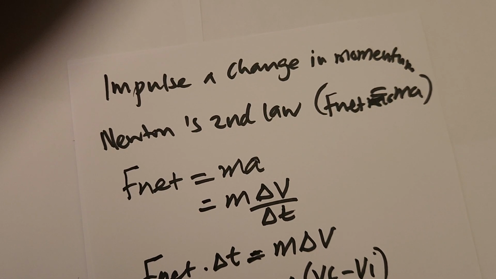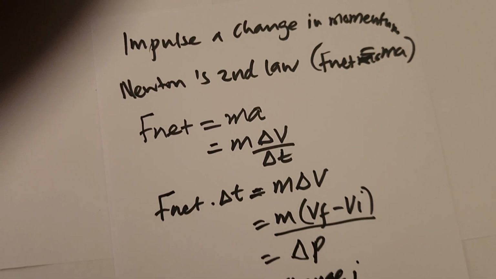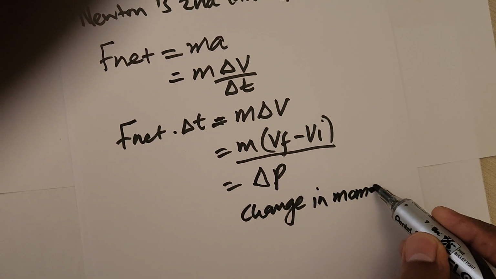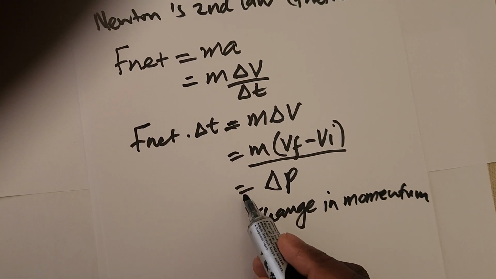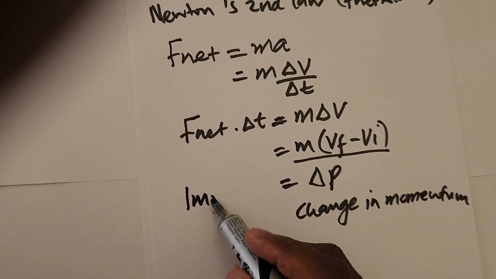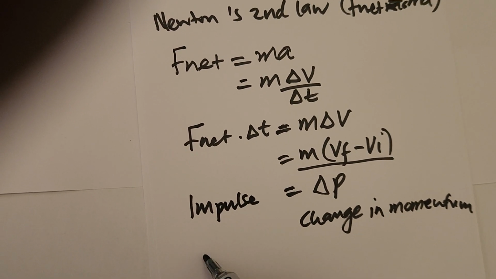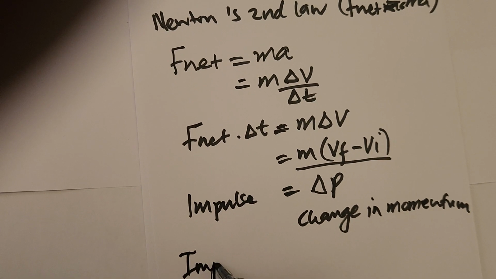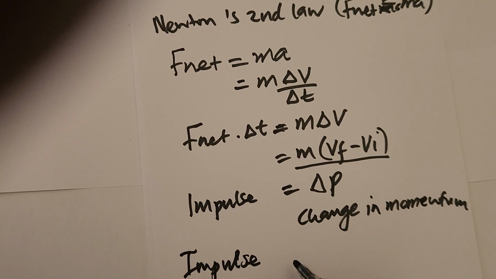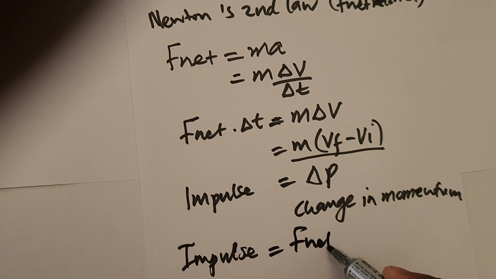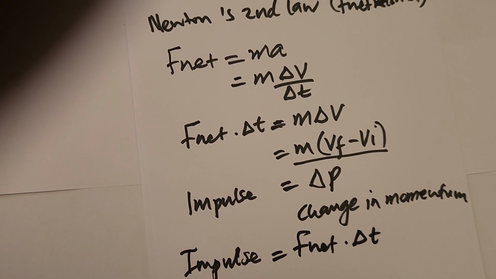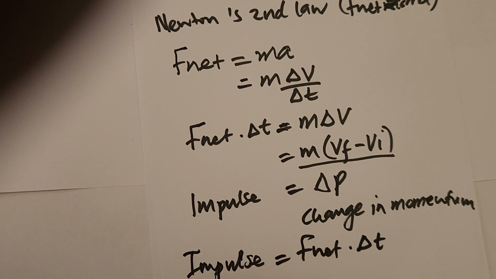That's the change in momentum, and therefore the other side will be the impulse. That's what we call the impulse. If you want to define it, remember momentum is the product of the mass of an object and its velocity. Therefore impulse, you're going to define it using this. Therefore the impulse will become the product definition,